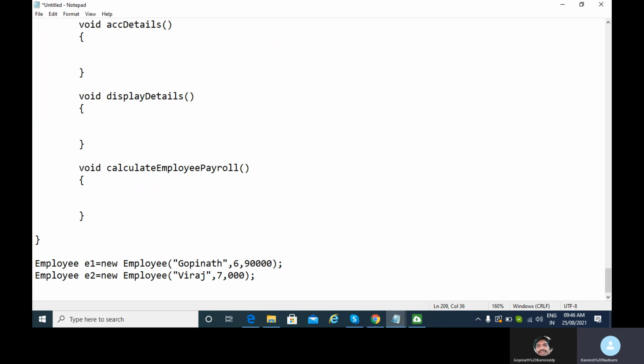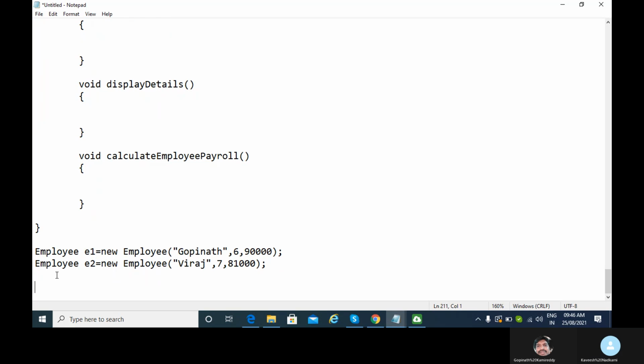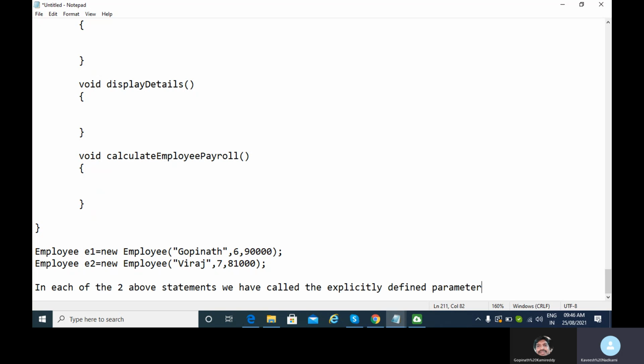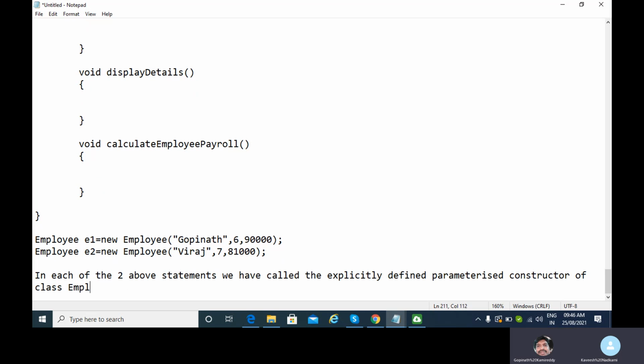Okay, so here what has happened, in each of the two above statements we have called the explicitly defined parameterized constructor of class employee, passing the input arguments to the new statement on class employee.